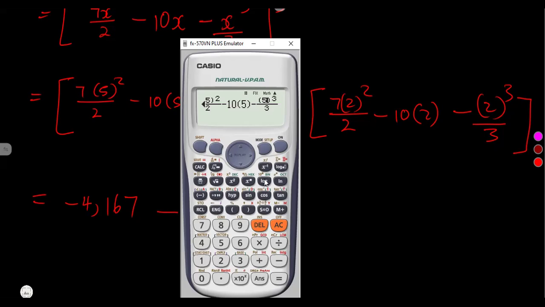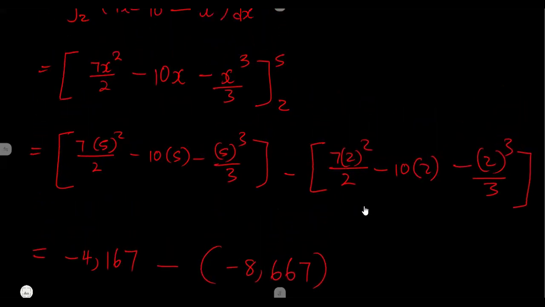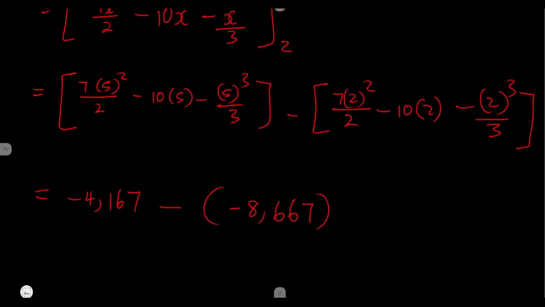All right, so this is what we're going to have. Let us put a 2 and a 2 here. This was 7x and now 7x, all right? No problem. That's a 2, and this one, a 2 here. So this is what you're going to have, and that's a negative 8.667. So this is going to give us negative 8.667. All right, so as we can see from this interpretation that we are having at the end,